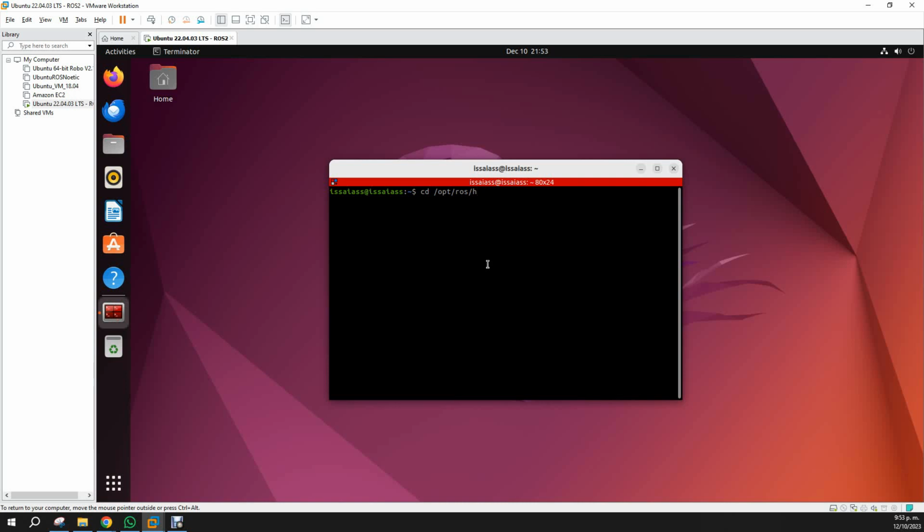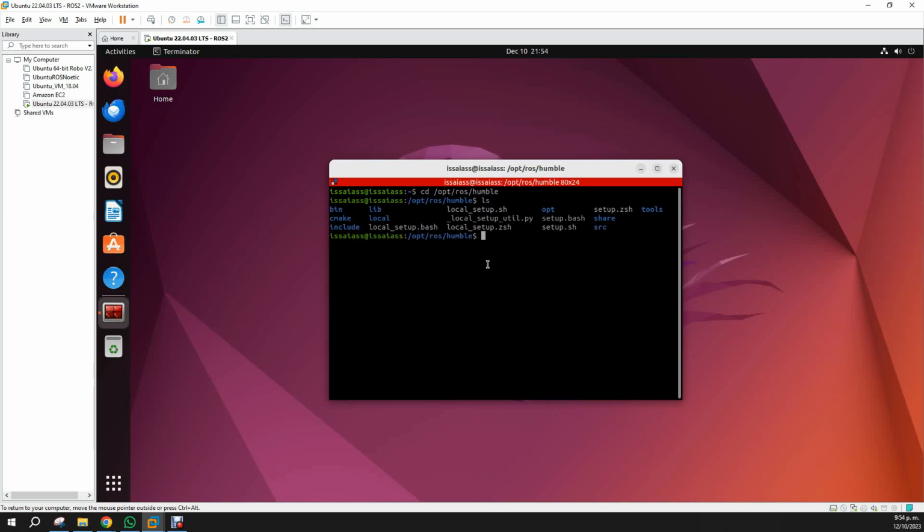If you are using ROS 2, the most stable version is Iron Irwini, but the recommended one for development is Humble. So in my case, I have Humble,